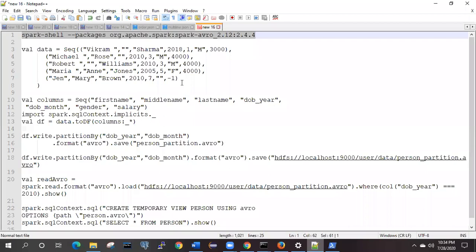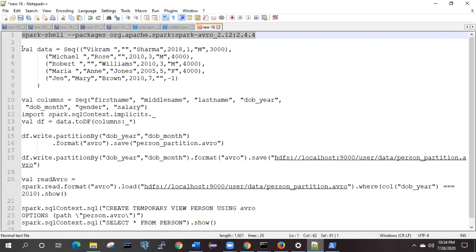For that we have already framed some of the commands over here. In this one I am going to write how we can write the Avro partition data, and the same thing I will do for the read operation also.